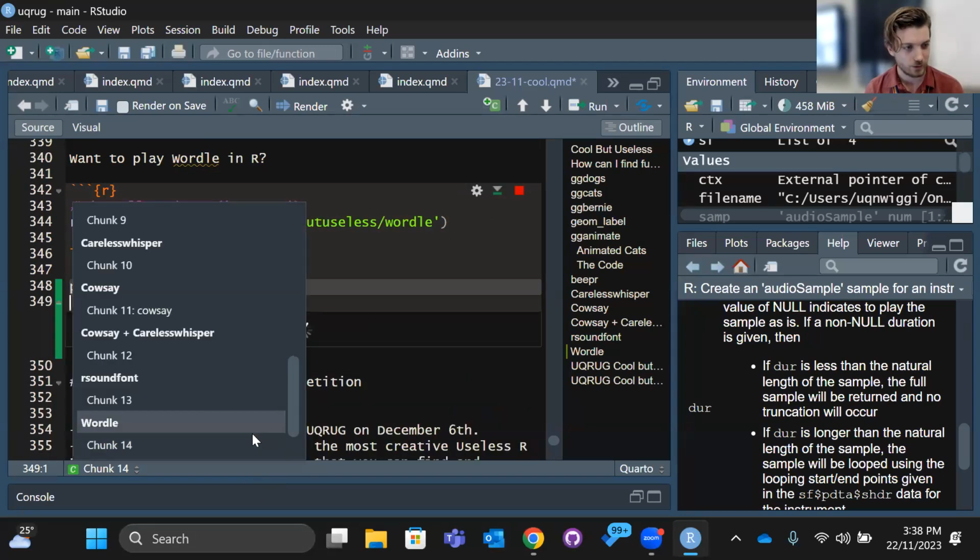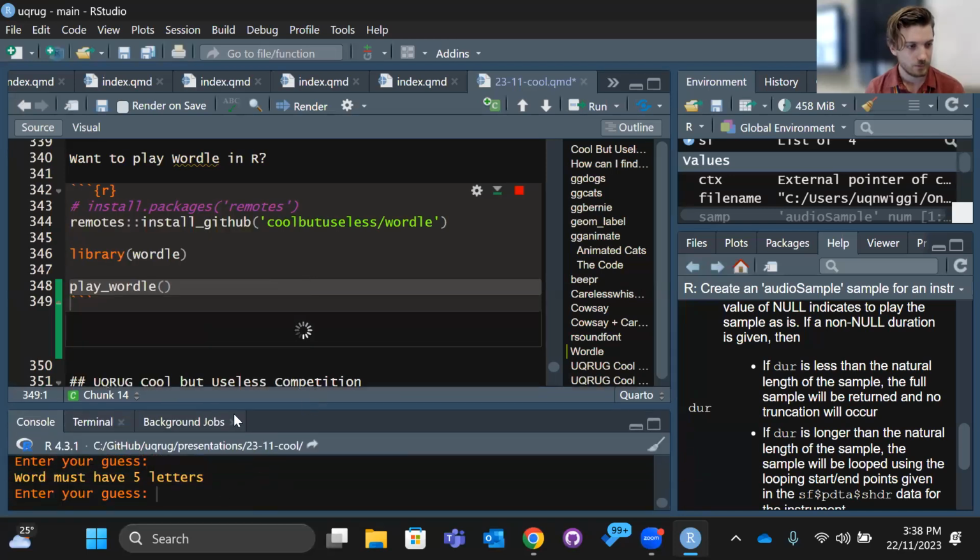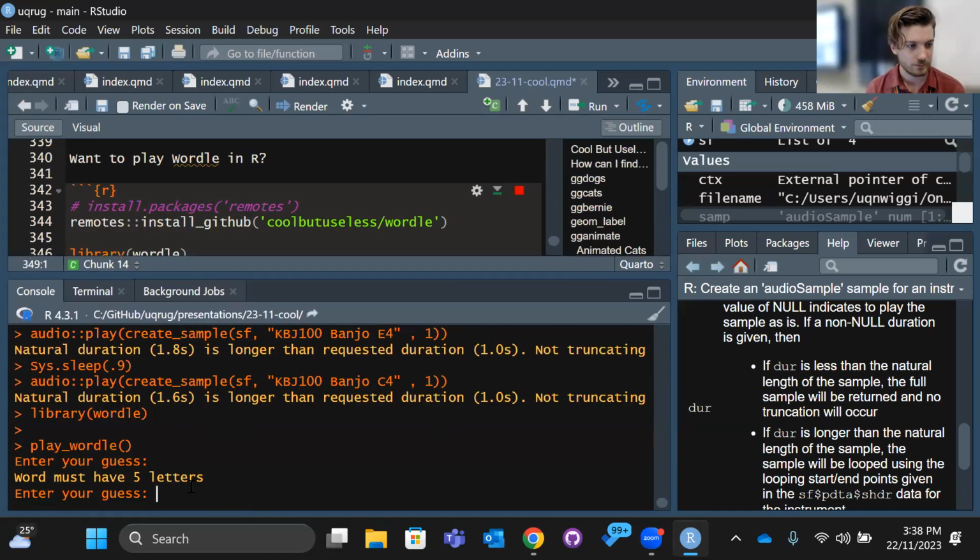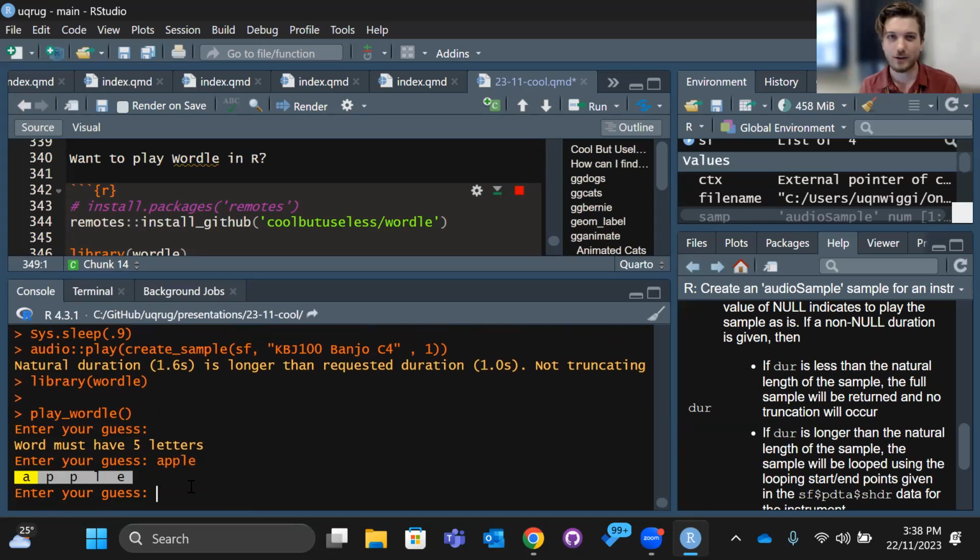So if I go to the console here, we can make a guess. You have a 5-letter word. No, this isn't today's Wordle. This is just a random Wordle, so you can play it as much as you want. Apple. There you go. It's just like the one on mine. Yellow means an A is in it, but it's not the right spot. That's right. Everything else was wrong. One A.